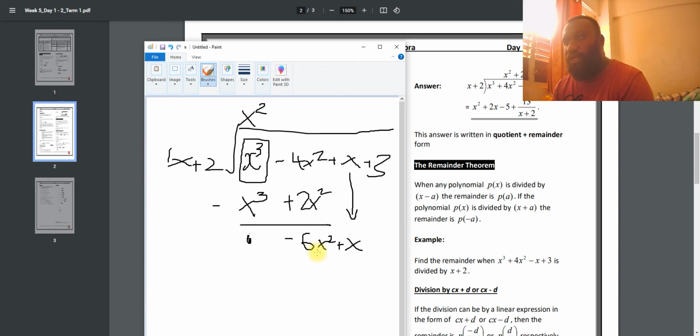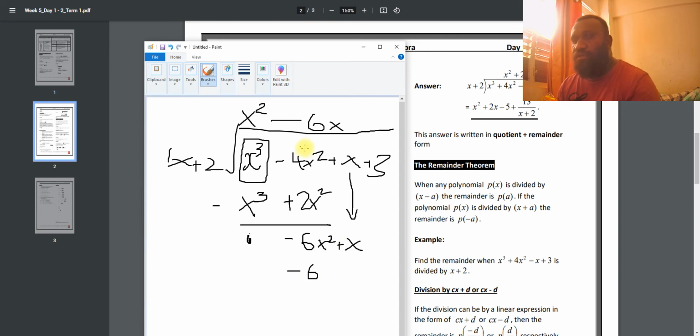Okay, the next question we ask is, what do we multiply with x to give us a negative 6x squared? Okay, so what do you multiply by that? We multiply by a negative 6x. So negative 6x multiply x gives us a negative,